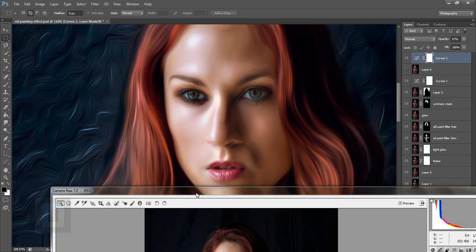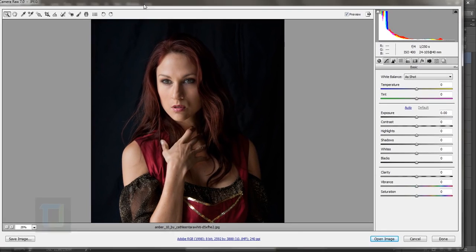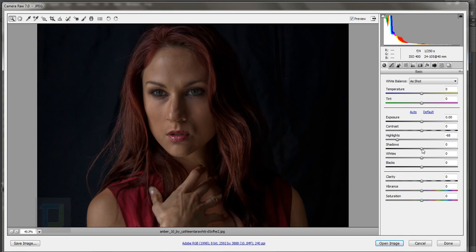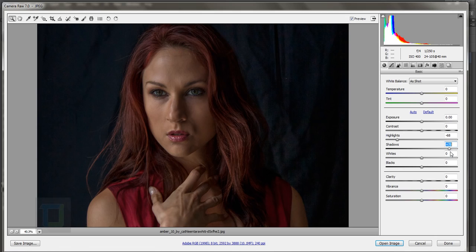Now if you take a look at the painting, as you can see, it is super glossy, and that's the thing that makes it oil painting. So we need to make it a bit glossy. So for that I'm gonna decrease the highlights a bit. As you can see, now it gives it that sharp highlights, and then I'm also gonna bring up the shadows a bit. That also gives it that depth, and then I'm gonna increase the exposure slightly, not way too much,